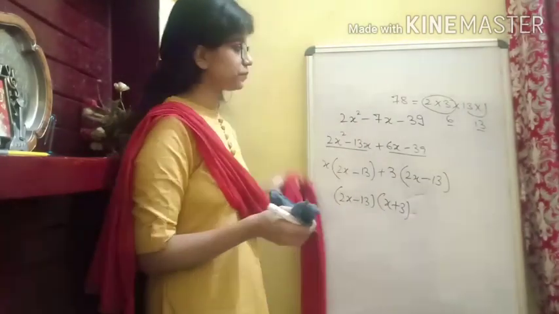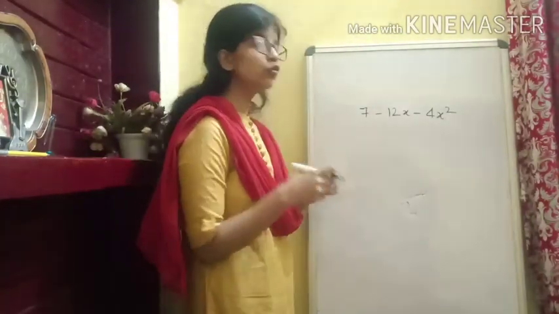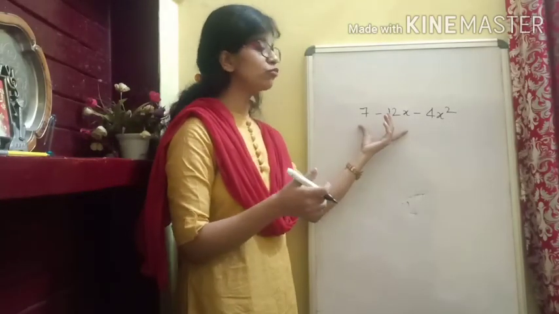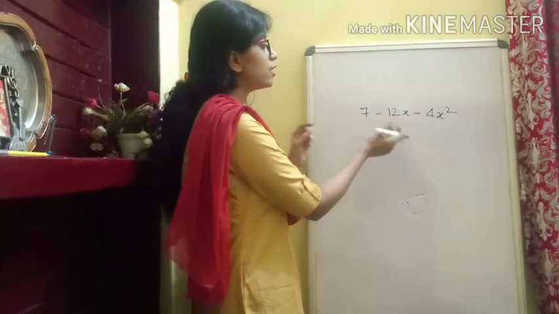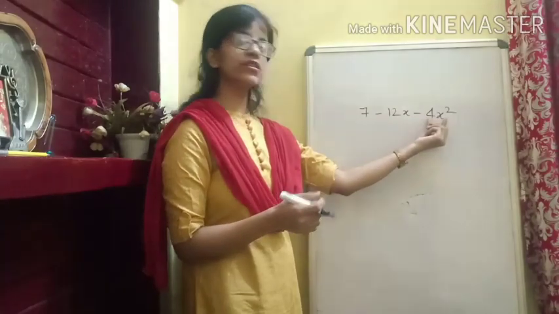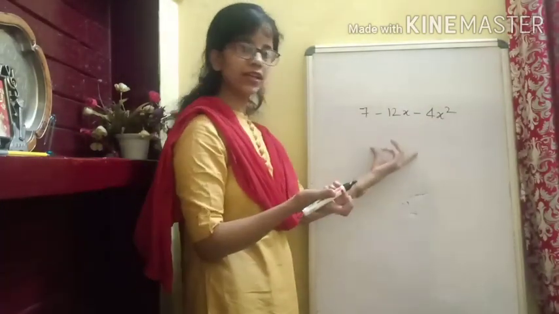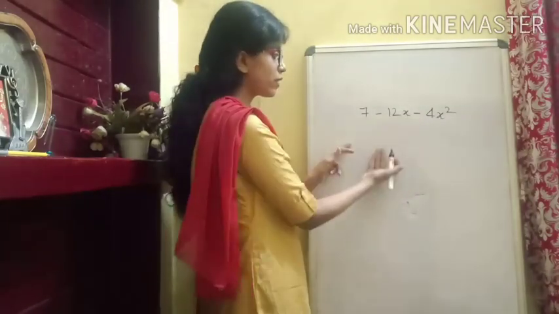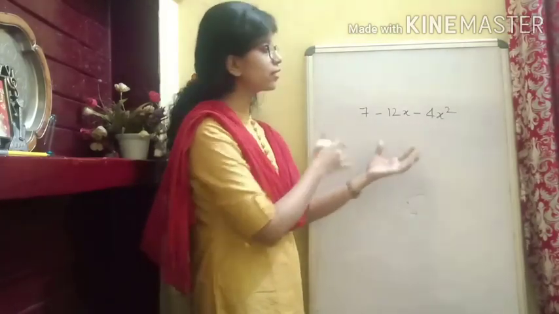Is it okay? Our next trinomial is this. I am taking basic questions so that you all can understand first how we are supposed to factorize, and what the steps are. By the way, here the constant term has been written first, and then the power 2 is written last. No problem. You can rewrite the terms, meaning you can write 4x squared first and then 12x and then the constant term. Otherwise you can let it be like that and then proceed.